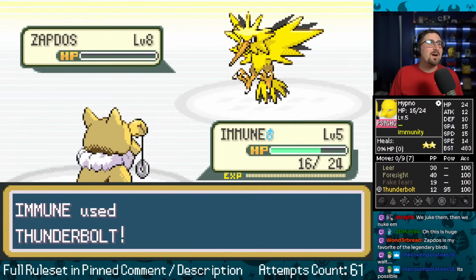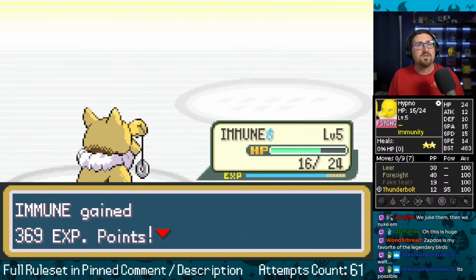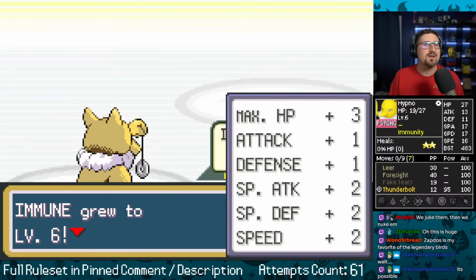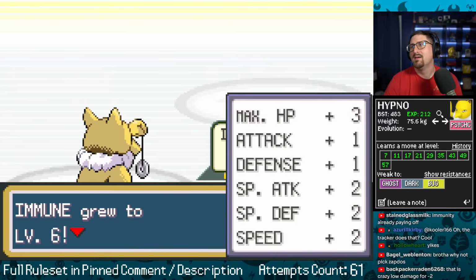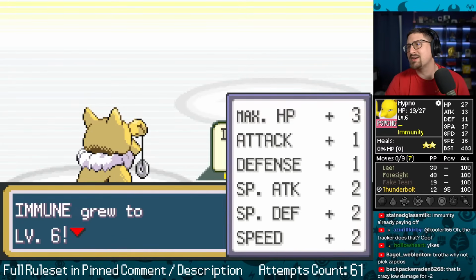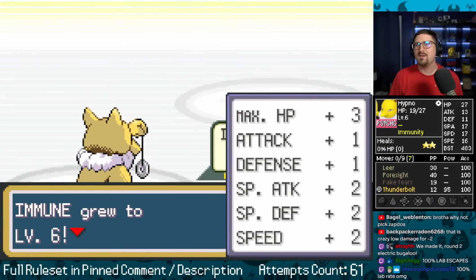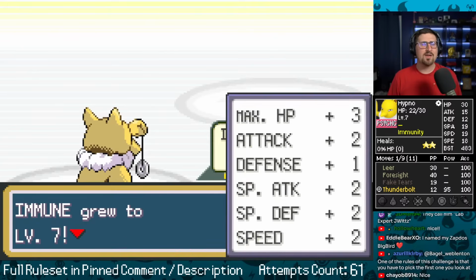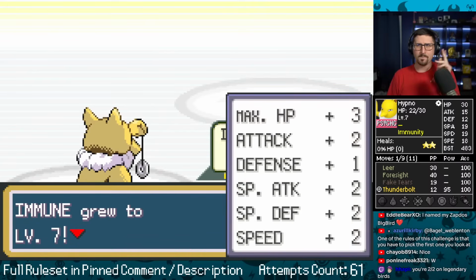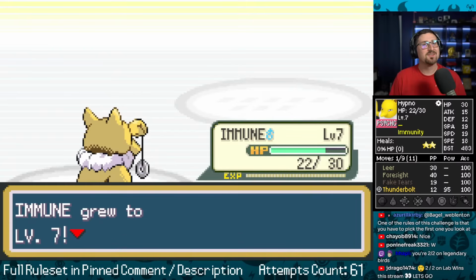Go. Dude, my lab escape rate is insane. I've heard people take 50 runs just to even get to their next lab win. I don't think we're keeping Hypno. Let me see what moves it learns. Thunderbolt is actually an insanely good move. Fake Tears is good, although we'd prefer a buffer versus a debuffer, so we could go through. Like, I'm probably not keeping Hypno. I probably will scale it a bit, but if it gets a nuts move at level 7, I will think about it maybe a little bit more. 2 out of 2 on lab wins is actually insane. 2 out of 2 on legendary birds.